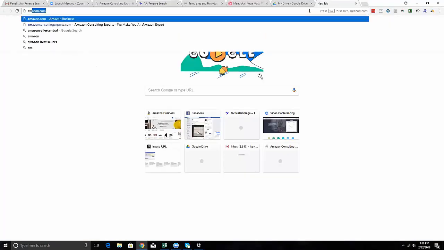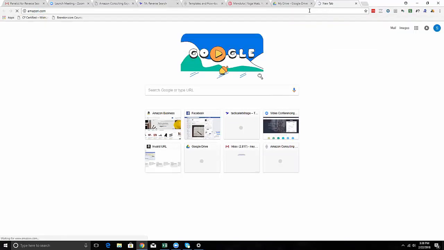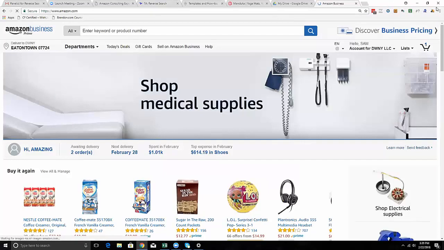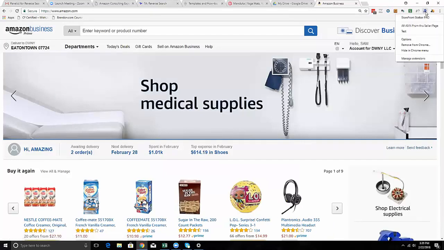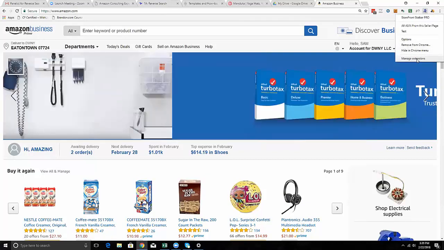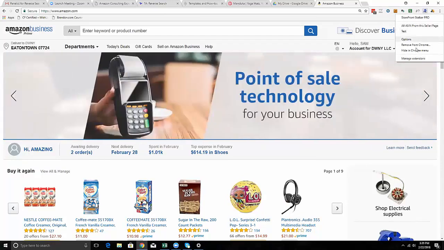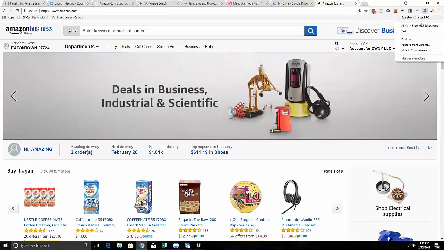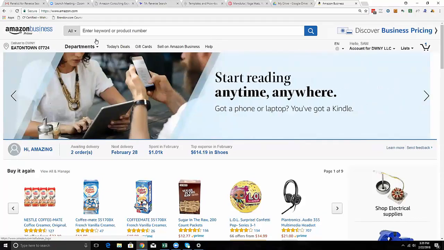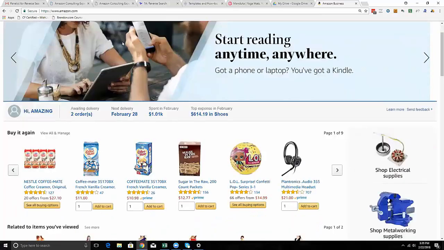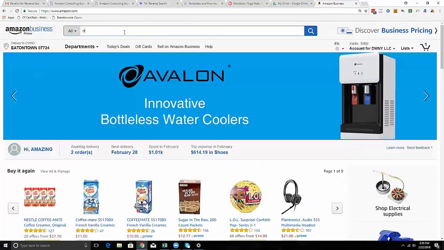So if I go to just regular Amazon.com, and I kind of showed this a little bit yesterday, you have to make sure that your Chrome extension for Storefront Stalker is enabled. Make sure that you log into it. So it depends on what the Chrome extension is. It's either in options or manage extensions, or if you click on this, it'll take you, but make sure that you are logged into Storefront Stalker, and then just go to an area on Amazon that you want to stalk. For example, I can put in Nike,